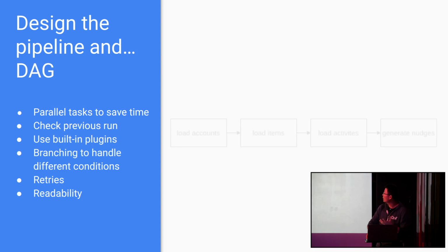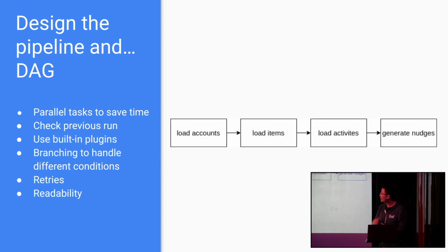So back to the requirements. If I do that in a traditional way, not in Airflow, basically if I want to generate a nudge, I write some bash script. Let's say I'm running a bash script in a cron job. Then what I do is load accounts, load items, load activities, and after that I generate a nudge. That's pretty much a sequential workflow, the crontab or bash way. You can do it like this. So in Airflow,